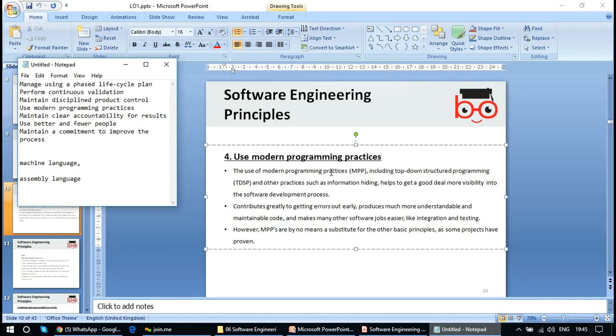Assembly language is a language where you write the program using human language, English words. Assembly language uses English words like start, begin, for, loop, and these things. Then the high level language,